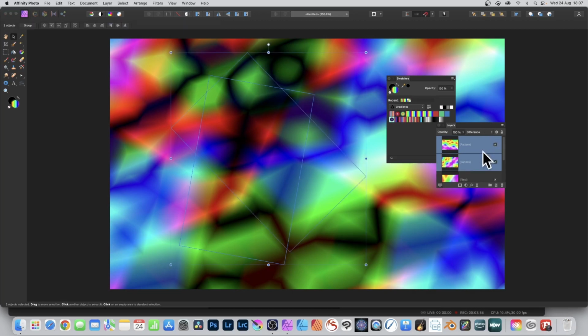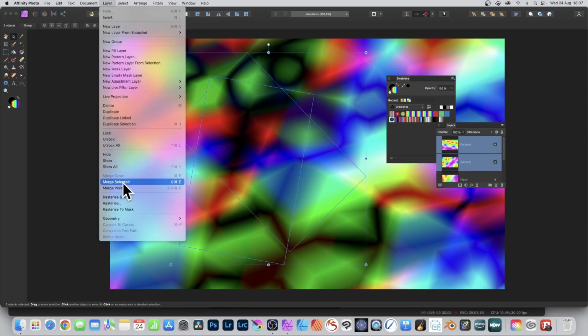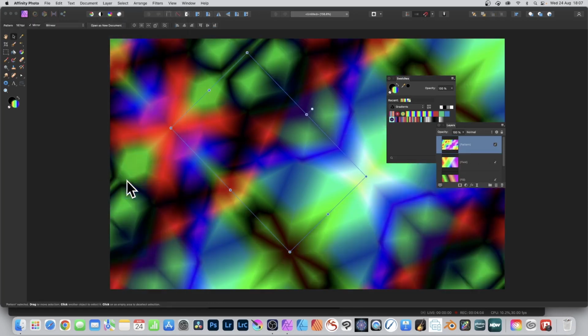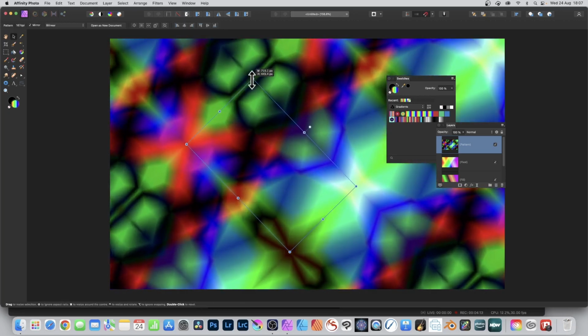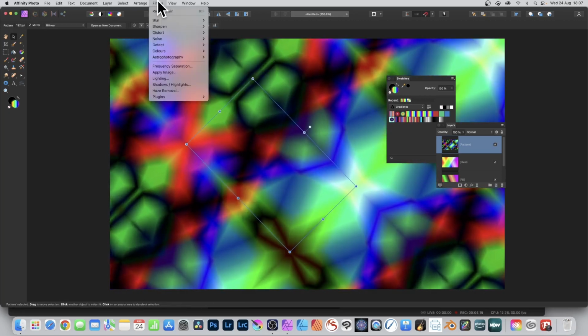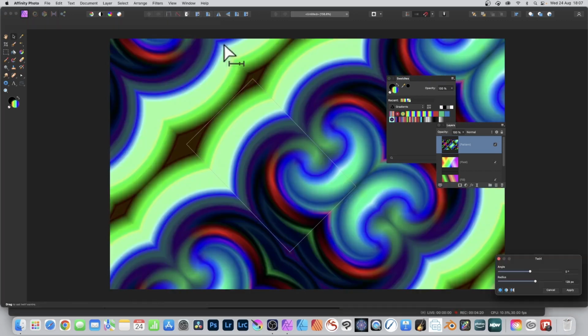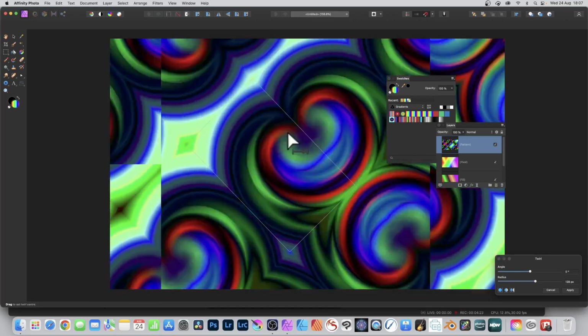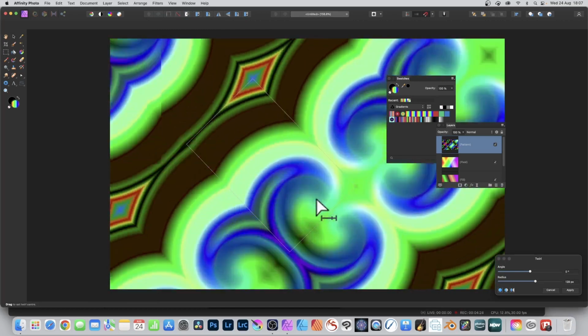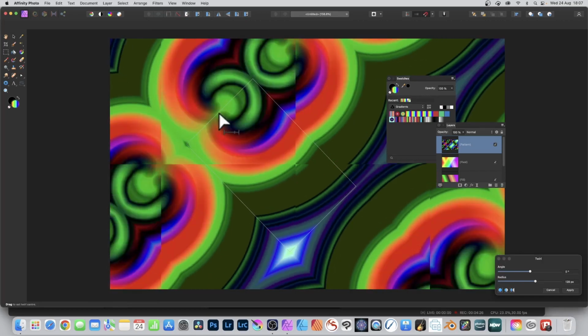You can also select both these patterns and go to a Layer menu, and now you can merge selected. That will remain as a pattern layer. So merge selected, you get a completely fresh pattern layer combination of the two of them. You can resize that, but you can also go to Filters and down to Distort and Twirl. Select that and you can see now you've got this lovely pattern design combination of twirl effect, gradient as well